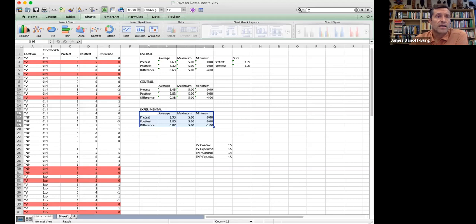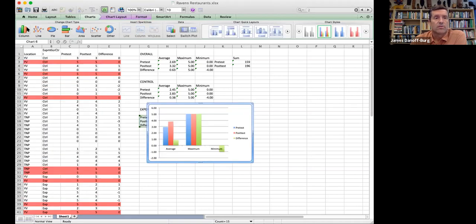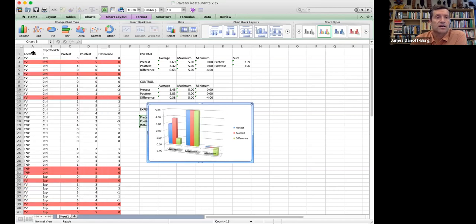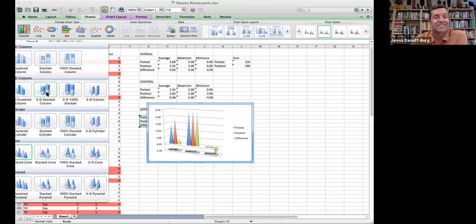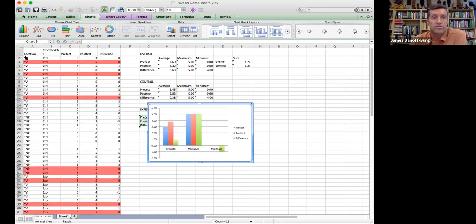Now, we come up to the chart feature again, and it says insert chart at the top. And if we come to column, I'll do the simplest one, the top left one, the clustered column. Or maybe we want to change it to a 3D clustered column, or maybe clustered cones because we're a little weird that way, or what have you, right? So there's lots of different options. Maybe we want to do a stacked graph to show the relative sizes all together of the maximum values, average values, and minimum values. That doesn't seem as informative to me,